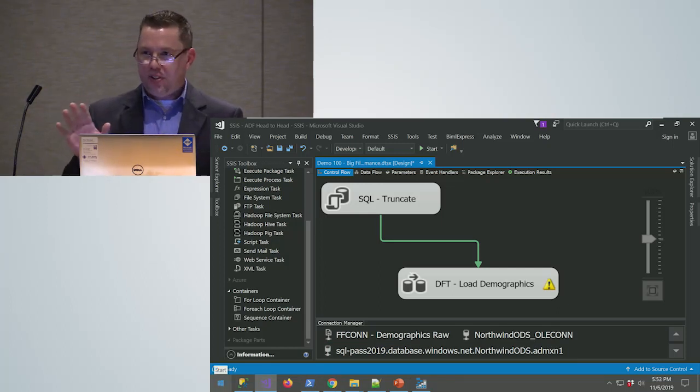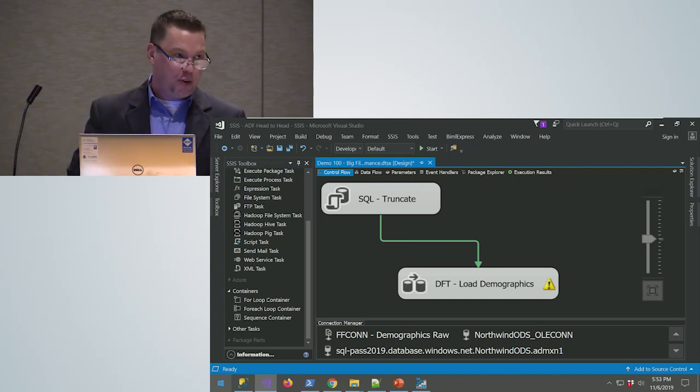One thing I'll ask real quick, for those of you who are familiar with Integration Services, who all knows the SSIS expression language well? Keep your hand up if you like SSIS expression language. A lot fewer hands now. So I have bad news for both groups.